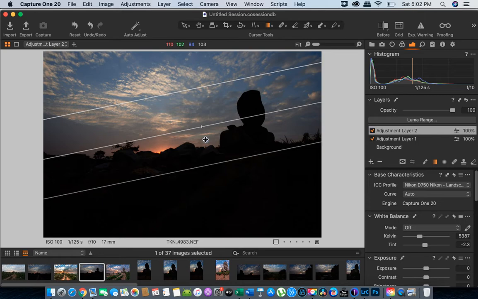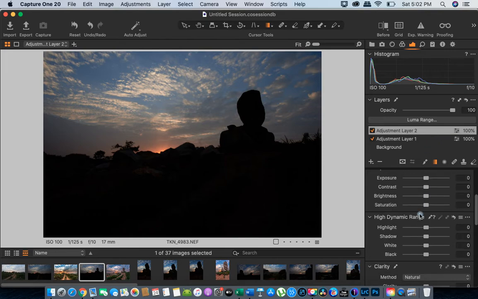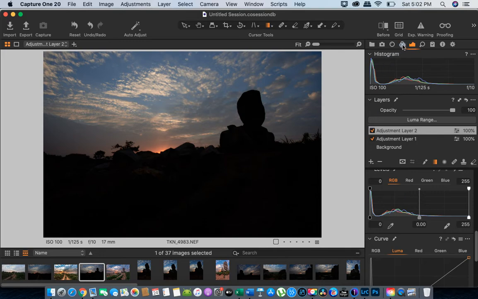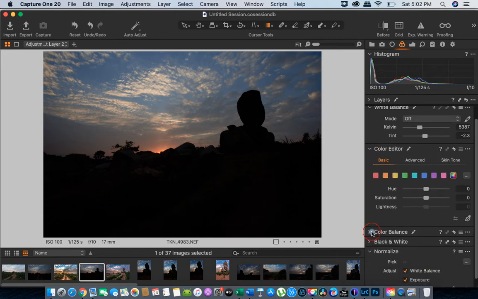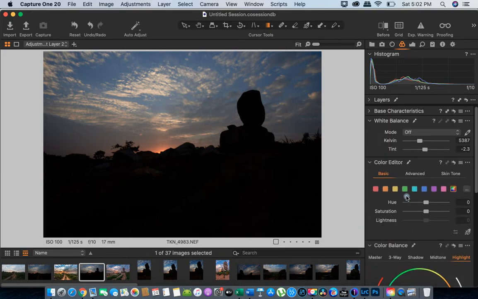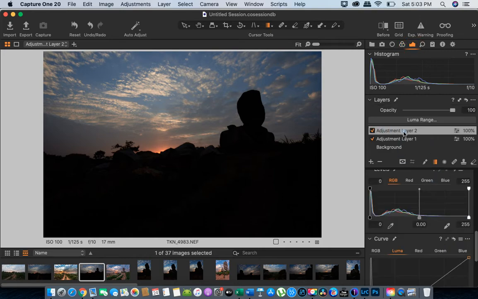Now the difference here in Capture One, and that is the most important and the most significant which I found, is that while I am on adjustment layer 2, I can apply every single setting including curves, the levels, and then if I go to this color tab, then color editor, the basic color settings, the color balance, you name it, you can edit it, and that is all you can do non-destructively, selectively, only to these adjustment layers.